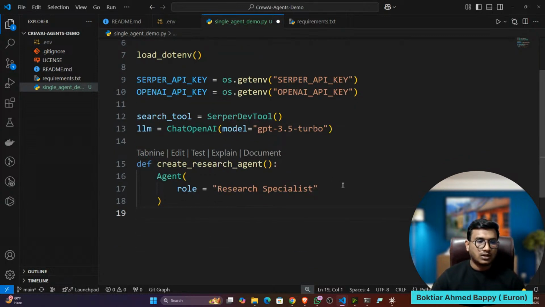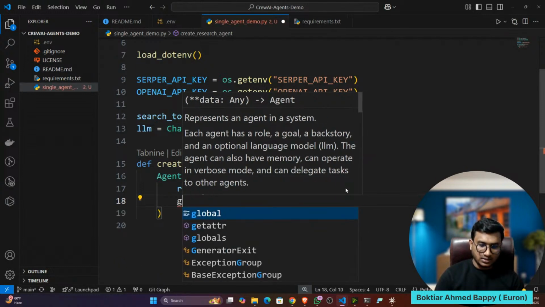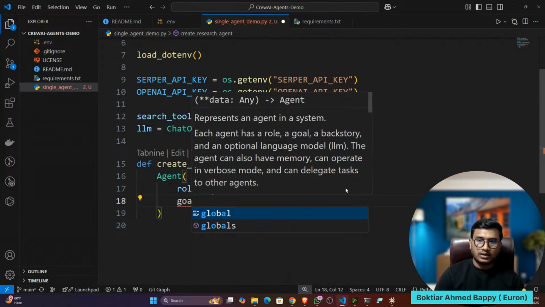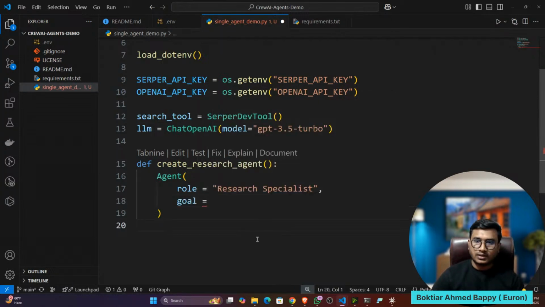This particular role. Then I have to give another parameter called goal. These are the things that are common for all the agents you will be creating. Now you have to specify the goal. What should be the goal of the agent? Here I will say this agent will conduct research on the topic the user gives.